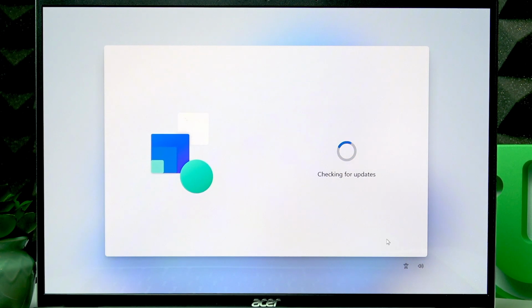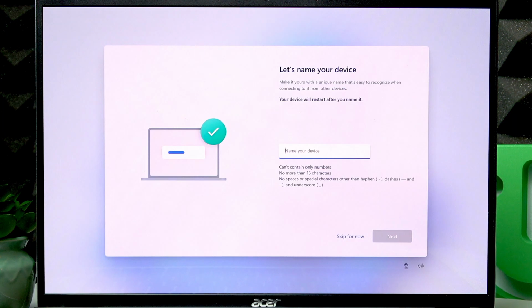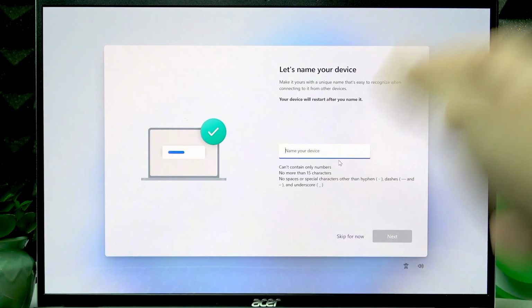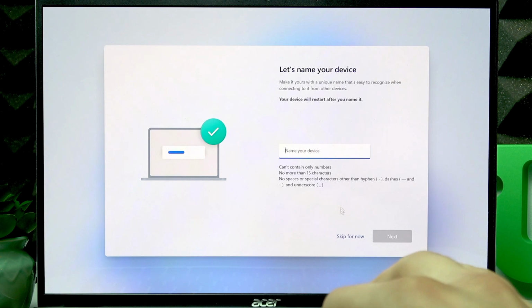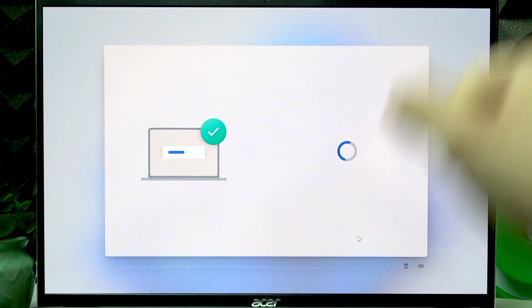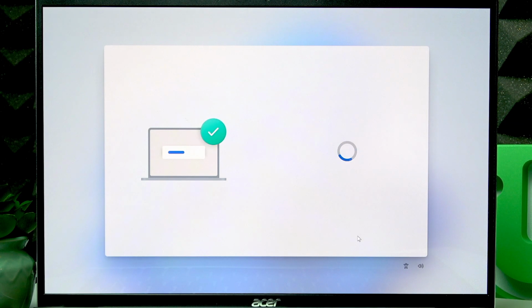Then wait until Windows checks for updates. And once the check is complete, you can name your device on the following page by entering the name here and clicking next. Then your laptop will restart and you'll go to the following step, but you don't have to do it now. You can also do this later in settings at any time. So I'm gonna skip this step by clicking skip for now,